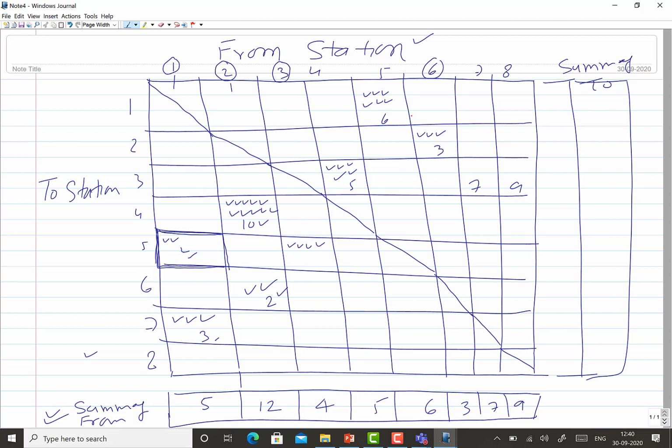Otherwise, whatever movement is taking place should be equal from stations to stations, because whoever is going in will be coming out. So don't look at the kind of difference which may appear here, like say the movement to station 3 is 5. Actually it should have matched with this only. That will come exactly when I show the example in the next slide. Otherwise, the summary we can show here is the sum of all these rows, like 10 movements from here, like this.